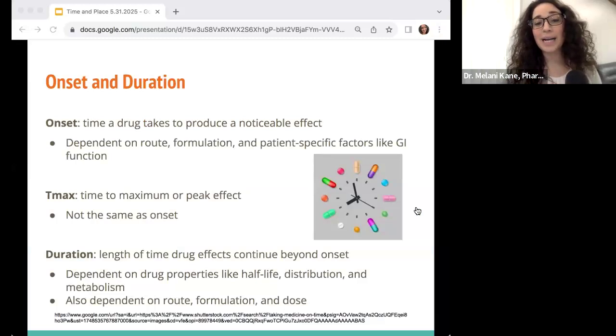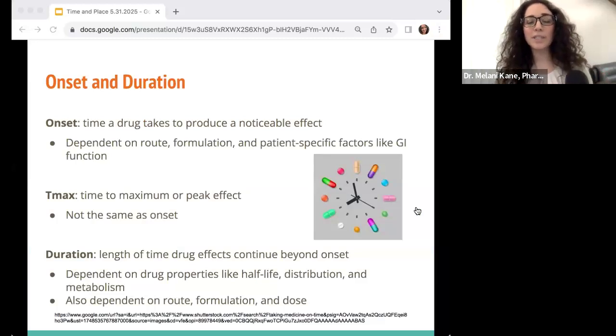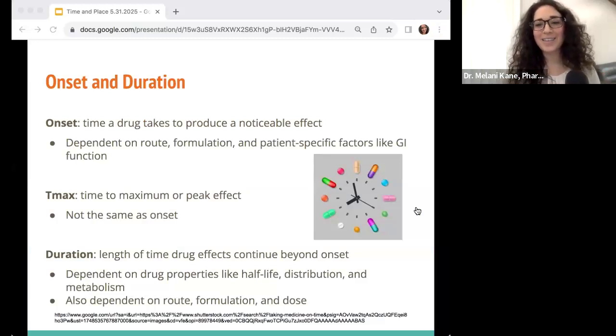So starting up, I like to start with some background definitions. This is just what I would do in my patient consultations because the patient education is the most important for clinical success. And I'll preface this just knowing that we had the older adult previously, so patient and or caregiver. But patients need to understand the difference between onset, duration, as well as the fact that just because it starts to work, onset doesn't mean that's the time to the maximum effect, which is what we call Tmax. So that will help determine not only if the drug is working, but when it's appropriate to redose, and that ties into the duration as well.